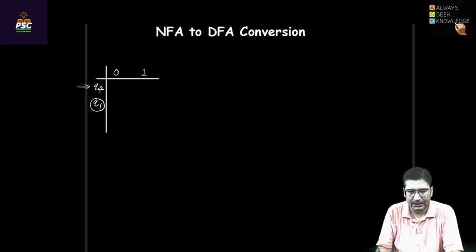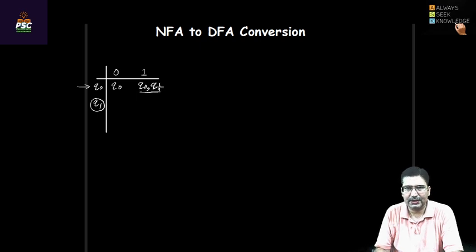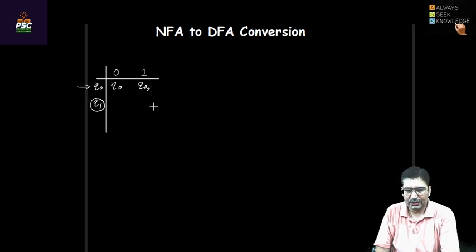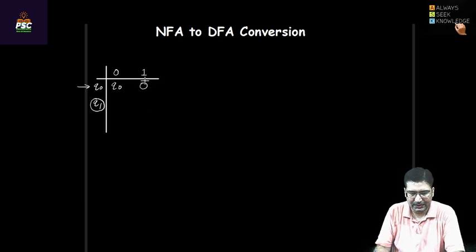So if I write here, let's say when 0 is coming on Q0, it goes to Q0 only. And if I write when 1 is coming on Q0, it goes to Q0 as well as to Q1. That means if one input leads to two different states, it is a non-deterministic automata. Okay, and if there is no entry for an input,